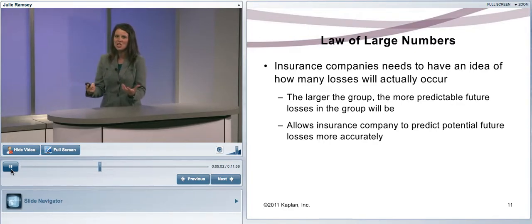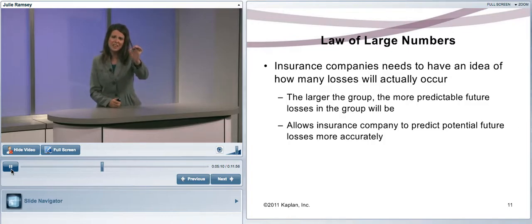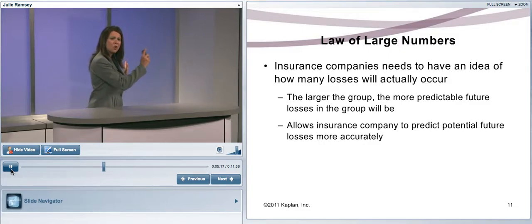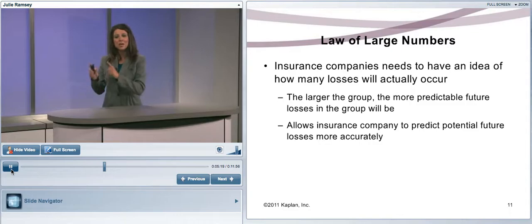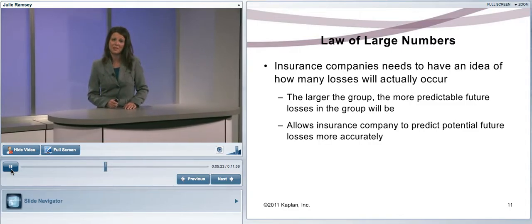And you may be saying, well, gosh, do they know exactly when I'm going to die? No, they don't know exactly who, but they have a very good number. And these numbers are so accurate that they can say at this age and this year, so many people will die. And how do they know this? Because they've studied so many people in the past that they're able to predict the future. And those numbers are right on.